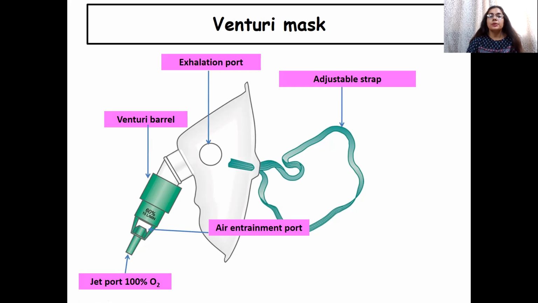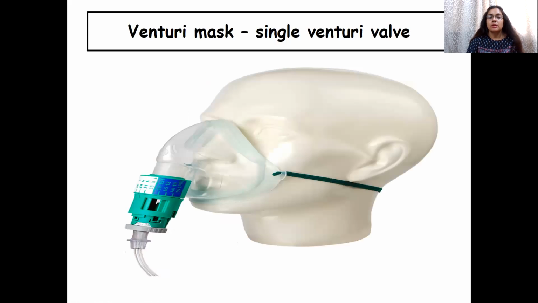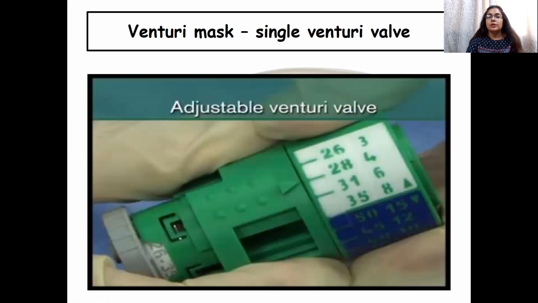And this is the air entrainment port and the exhalation port. So this is another type of Venturi. You can see the graduations. I will show you in detail. Here, looking at it closely, you can see the values written 26, 28, 31, 35 and the corresponding flow rates